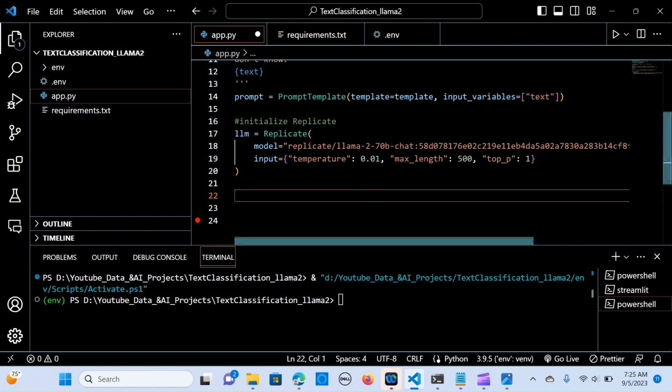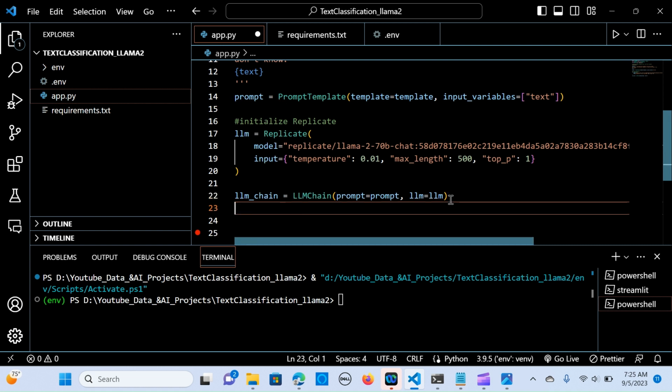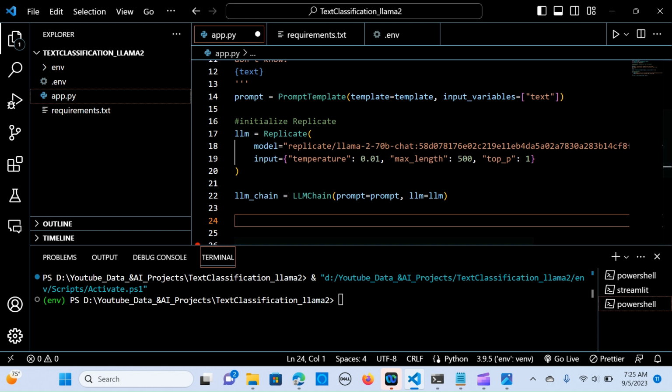Okay, all right, and so the next thing is you create the LLM chain. So we call in the LLM chain, we pass in the prompt is equal to the prompt, and the LLM is equal to the LLM. This is very simple and straightforward. And now we define the app. Okay, so we are, let's see,